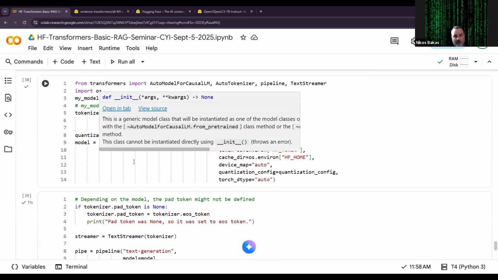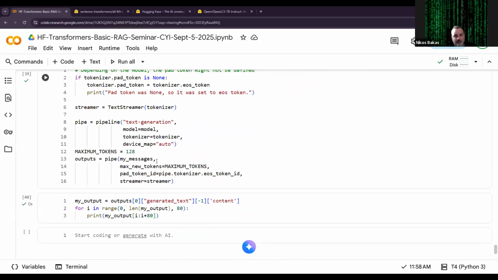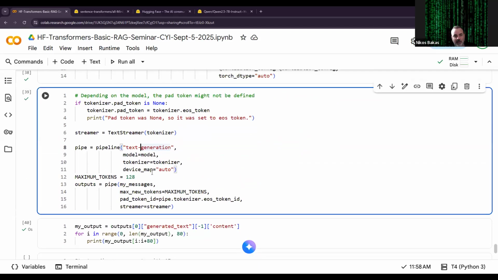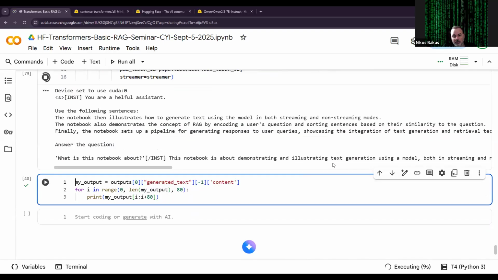And finally, I will run the model. I download again the model. We already have it, no need to run this. And I will use the pipeline object for simplicity. And I wait for the answer. What is this notebook about? And this is the final answer. This notebook is about demonstrating and illustrating text generation using a model, both in streaming,